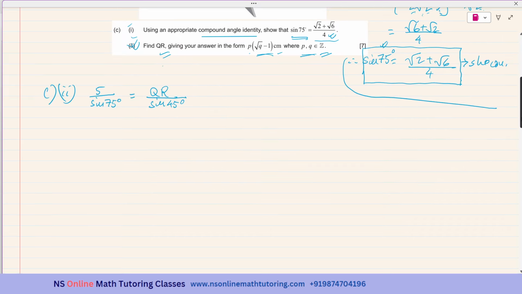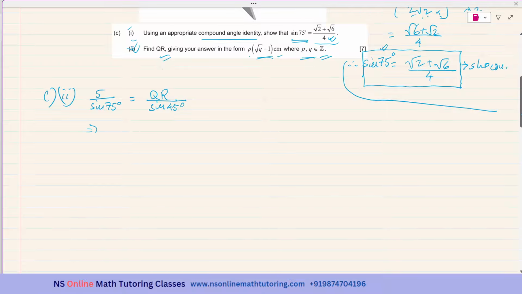So therefore, QR will be equal to 5 over sine 75 degrees times sine 45 degrees. Okay. So this is equal to